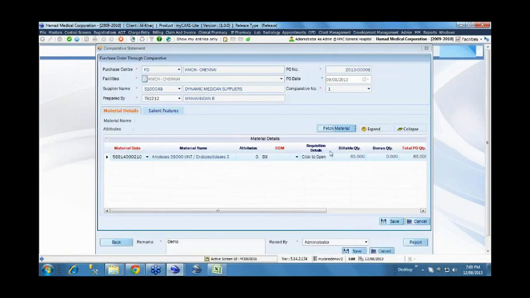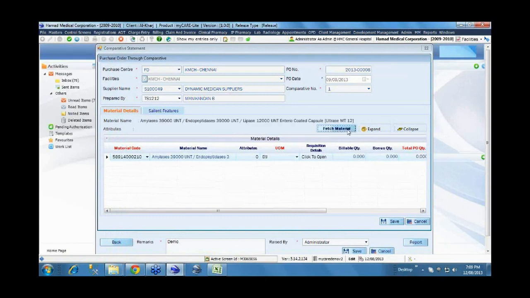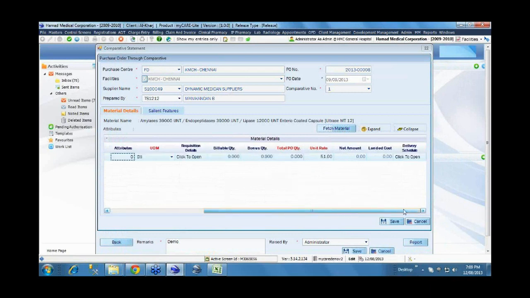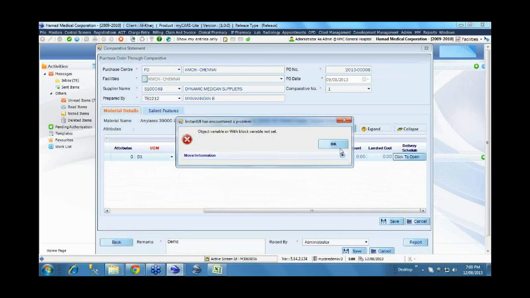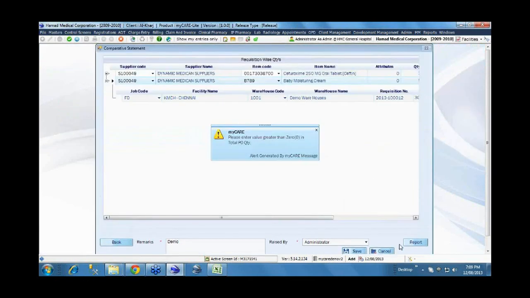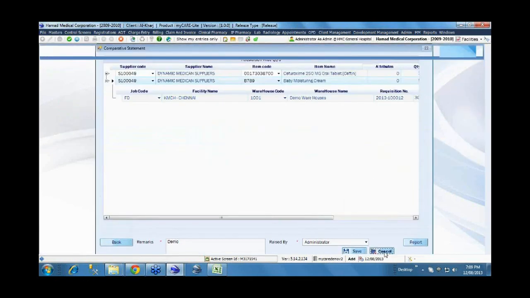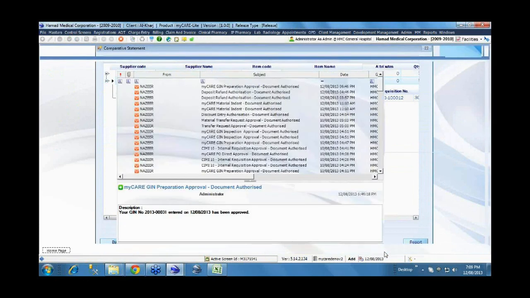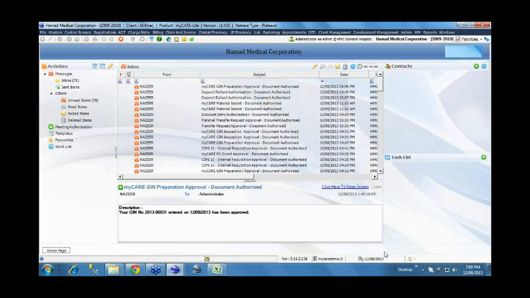So from here, I'll raise a purchase order and save. Okay, so